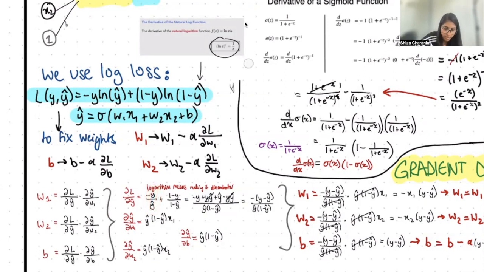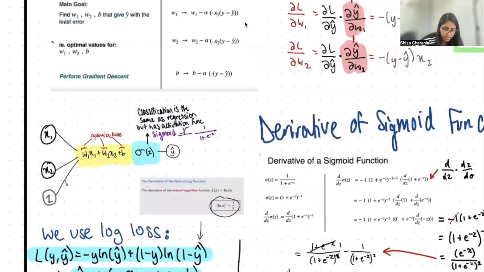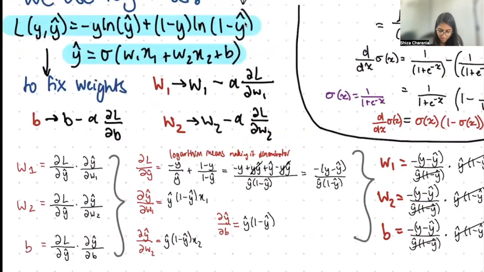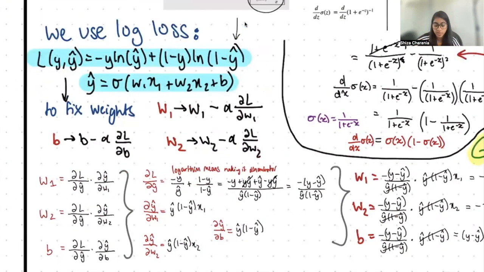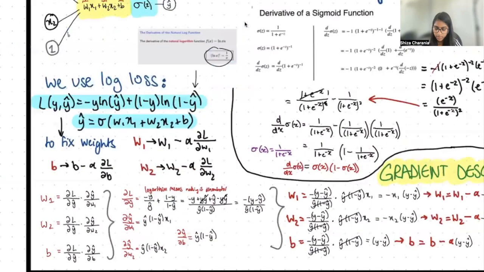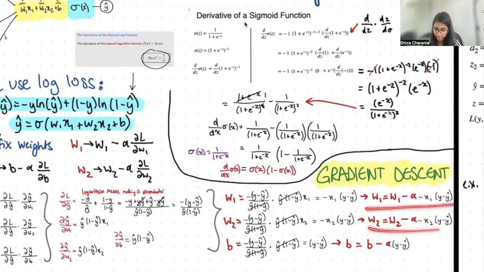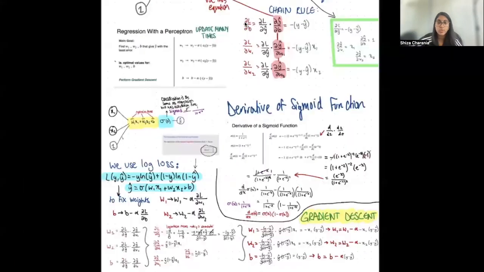And then for this part over here, I took this as a numerator and this as a denominator, and with the addition sign, I added them both up and I got this. And then for this one, and this one, and this one, you just use this equation like the one here, and we use a similar one over here as well. You can see how it's quite similar in the sense that this also was multiplied by 1, so the 1 doesn't show up. This was multiplied by x1 and x2. So again, these concepts are very transferable. And then to update W1, W2, and B, you would multiply these two, and these two, and then you would end up updating it like this, and boom, you would get gradient descent in order to get the minimum